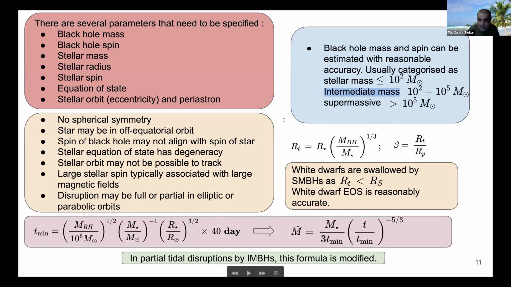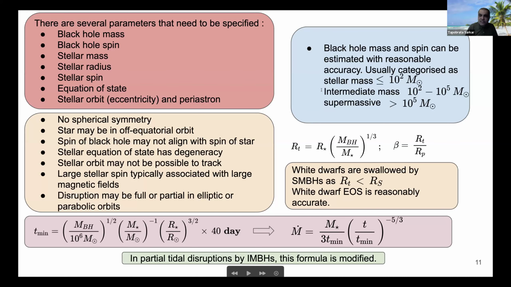Okay, and this is the reason why intermediate mass black holes are sometimes called a missing link. Because, how does a supermassive black hole form? Probably it forms like a stellar mass black hole, and then it keeps accreting more material, and there are black hole collisions, this, that. So at the end of the day, it will form a hugely massive black hole, but it has to go through the intermediate mass phase also. But it turns out that for such intermediate mass black holes, there are only 4 or 5 observations as far as I know. Okay, so it's not very well established.